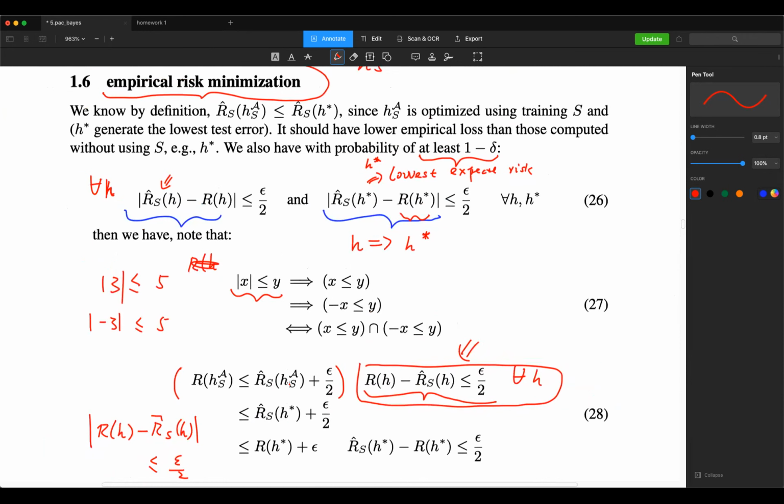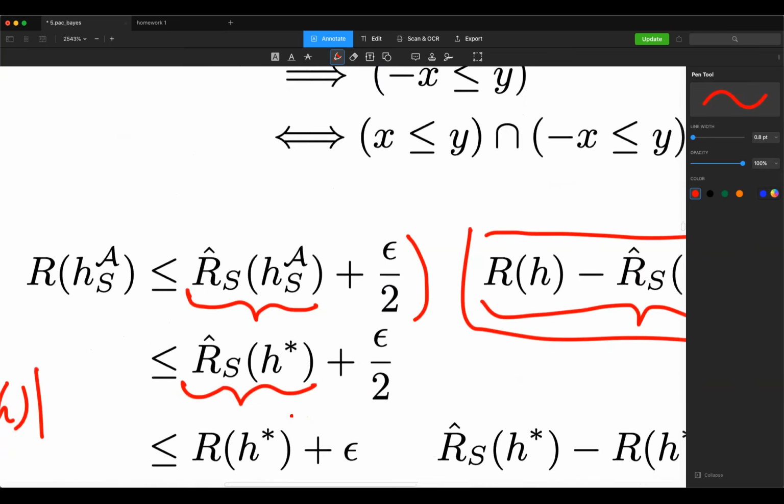So how do I know this is true? Which means that I do need to know this is going to be lower than that, right? So why do I know this is lower than that? Exactly. Because this is minimized for my